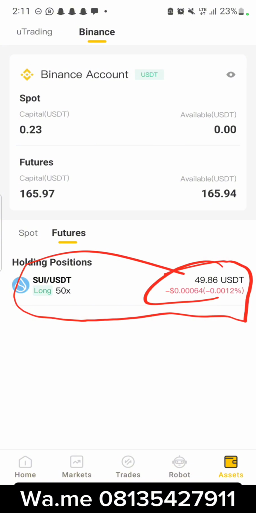All right, so that is how to set this. This is how to set this particular one. So if you are trading $100, you can do this to 4 coins, you understand? If you are trading 200, you do 8 or 7 coins, you understand? And always look for those coins that have $50 leverage, you understand?